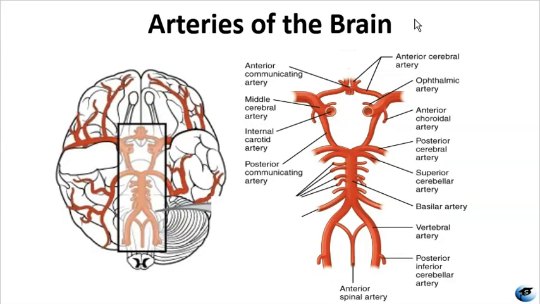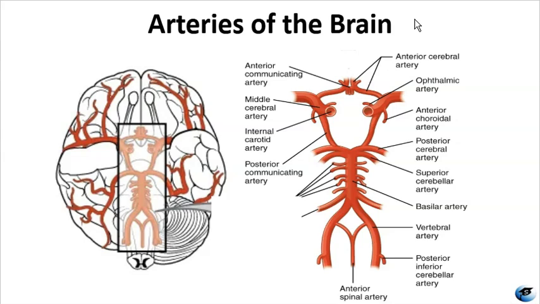Let's go through the main arteries of the brain and some tips to help you identify them. The internal carotid artery is a large, major vessel entering the brain from the neck. It's one of the primary sources of blood to the brain's anterior circulation. Branching from that, the anterior cerebral artery runs forward and medially to supply the front lobes, while the middle cerebral artery extends laterally into the lateral brain surface, supplying much of the cerebral cortex. The anterior communicating artery forms a small but important connection between the two anterior cerebral arteries, completing part of the